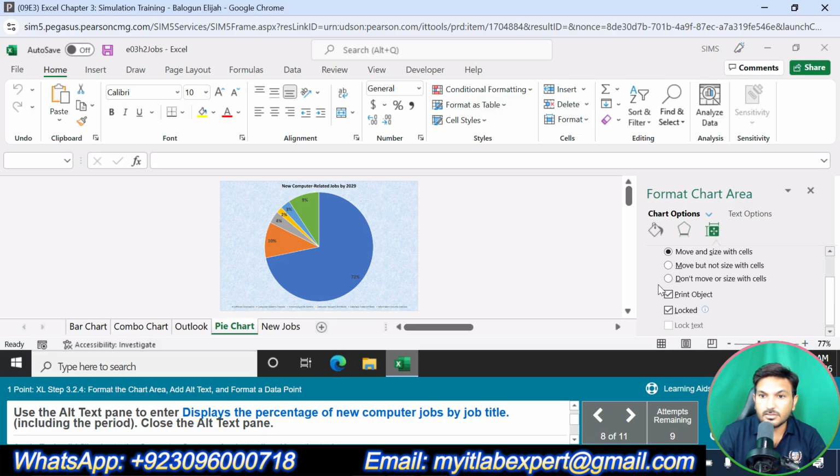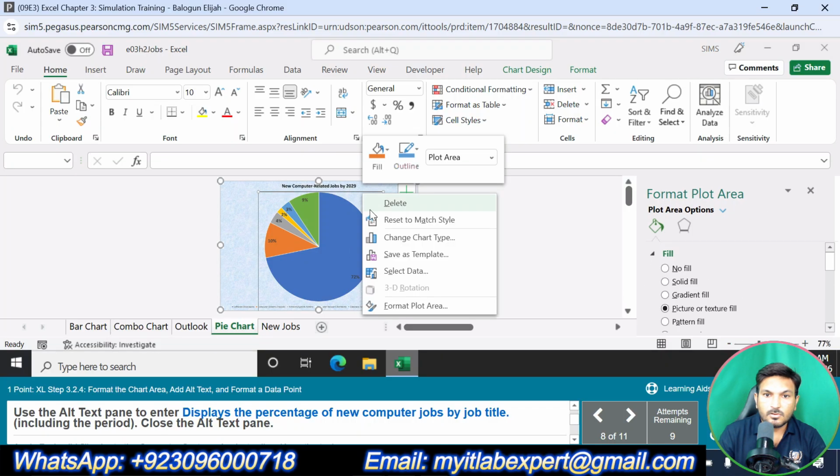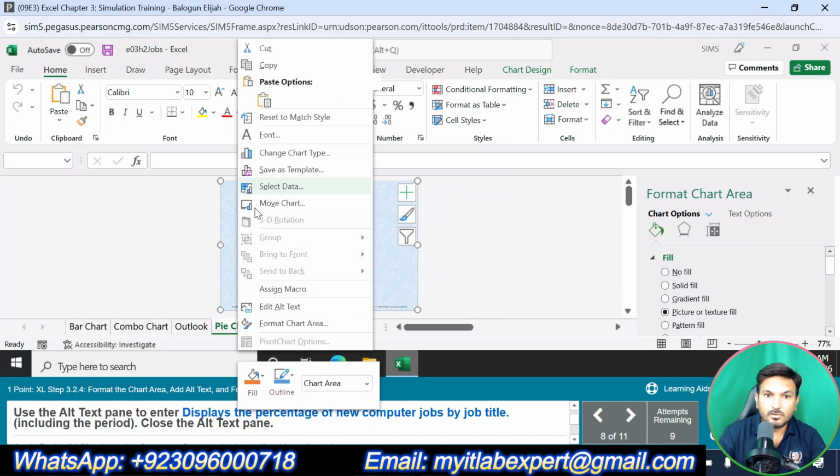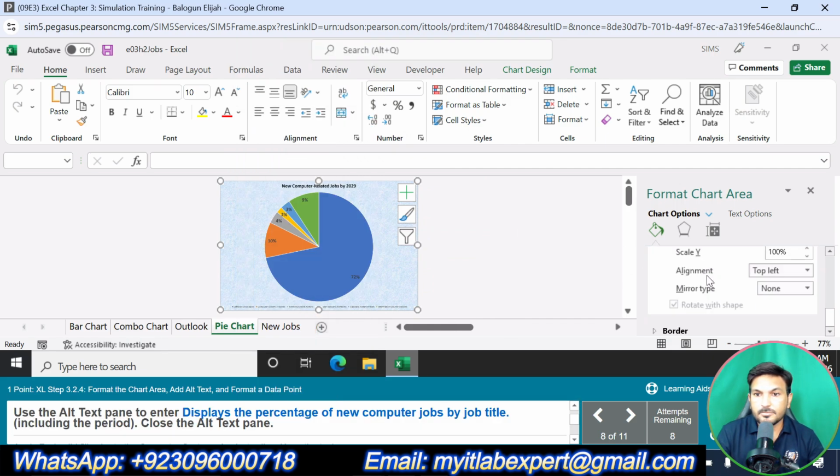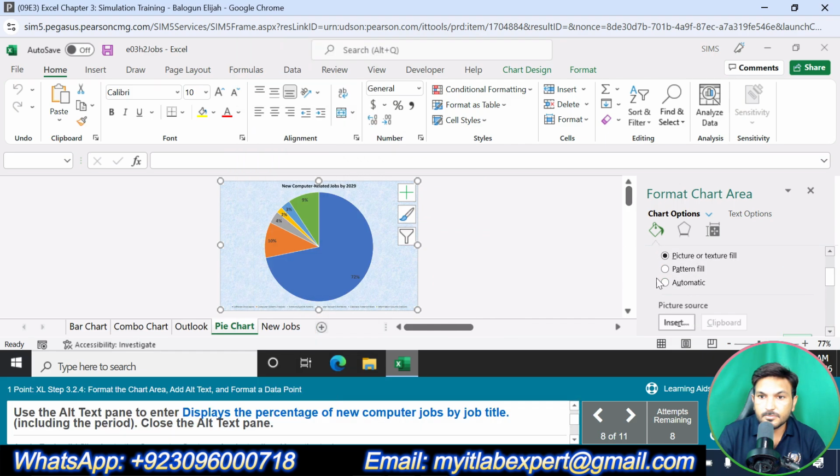Okay, text option. Go to text outline. Where is the alt text? Alt text will be here.